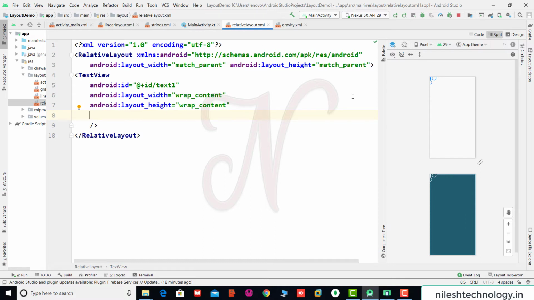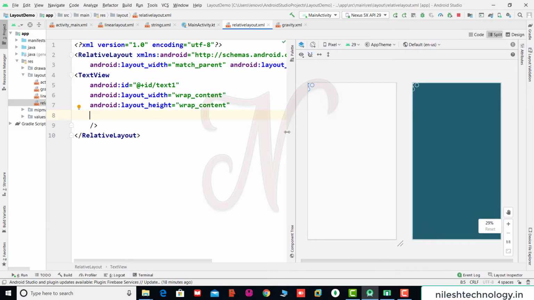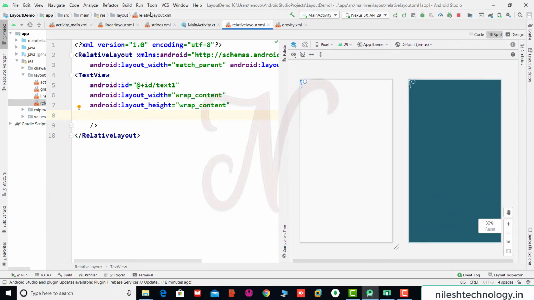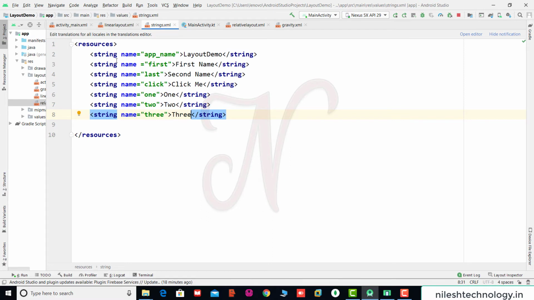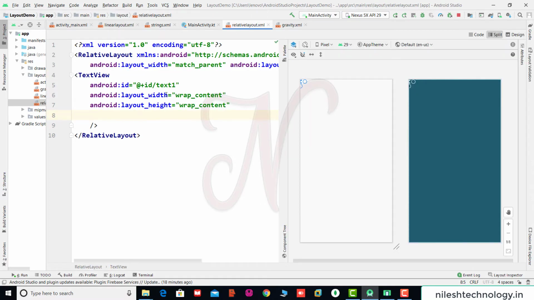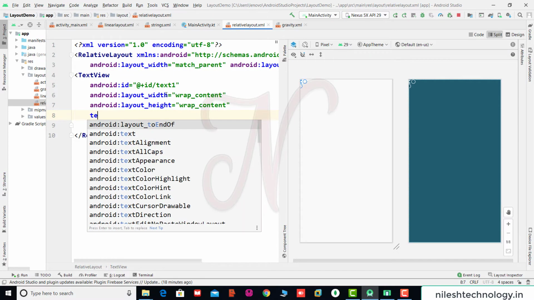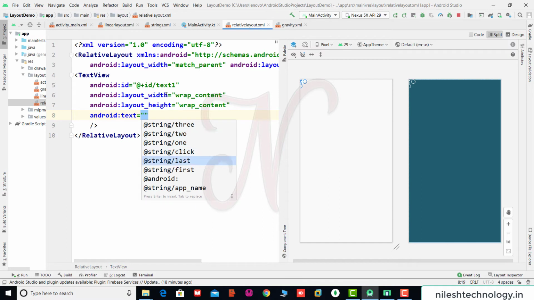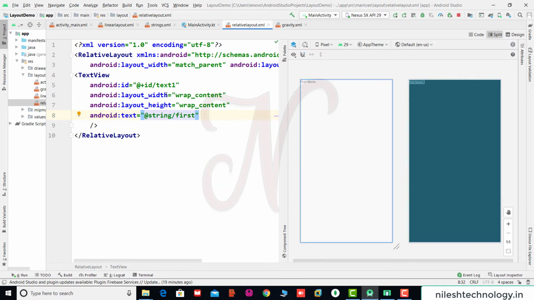In this strings.xml, we have already added the first name and second name strings. Use this string in design mode: text equals @string/first. This is your first name.